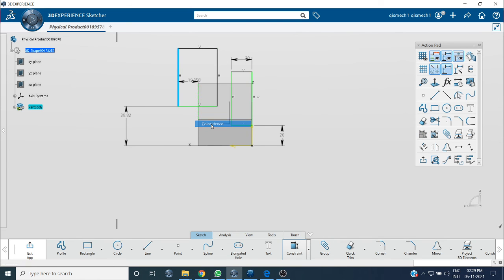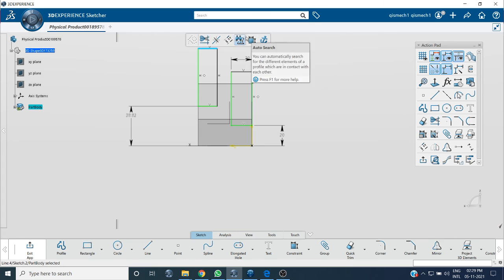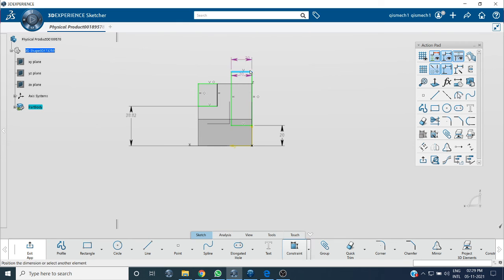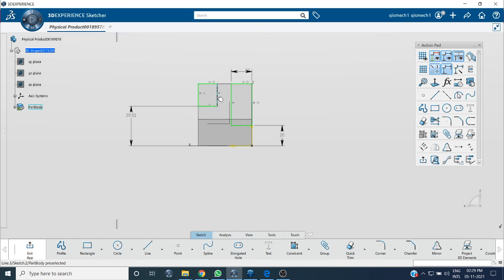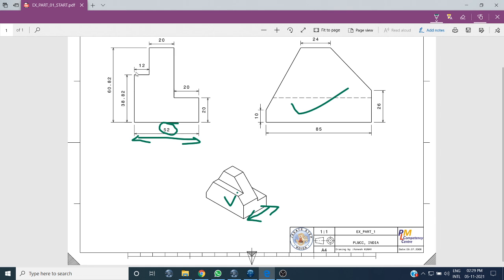I'm giving coincident, right click, coincident, this one also, right click, coincident, same thing, coincident. Then what is this length? This length is, I think, 12.